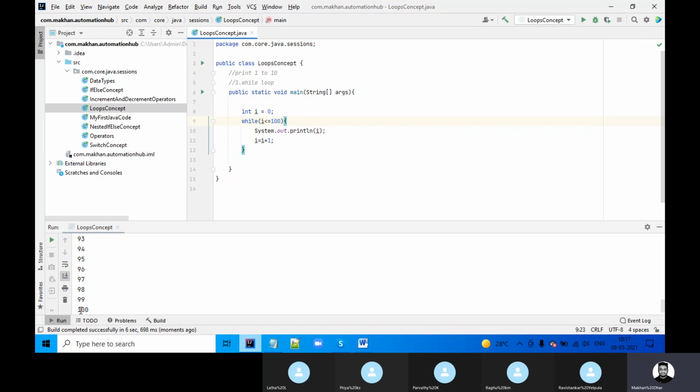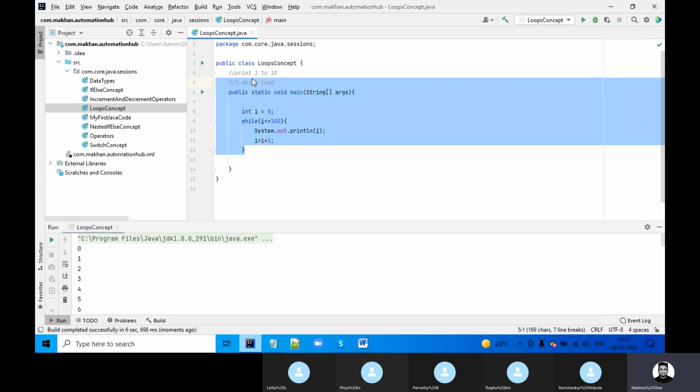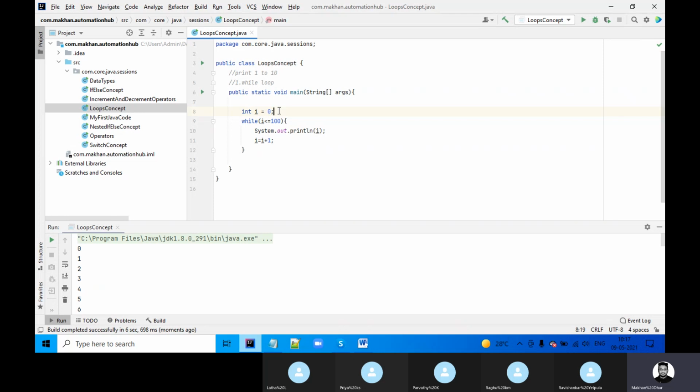Now you can see, 100 is the last, and it's printing all. So this is the benefit: to avoid writing System.out.println multiple times from 1 to 100. To avoid this, the loop came into the picture.